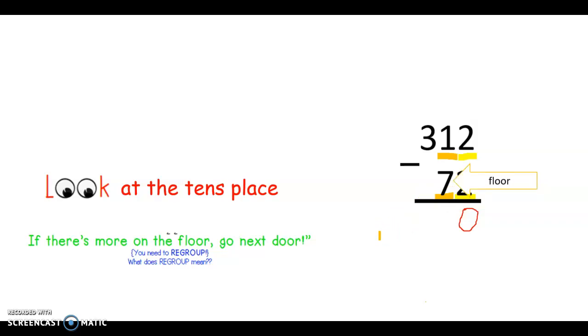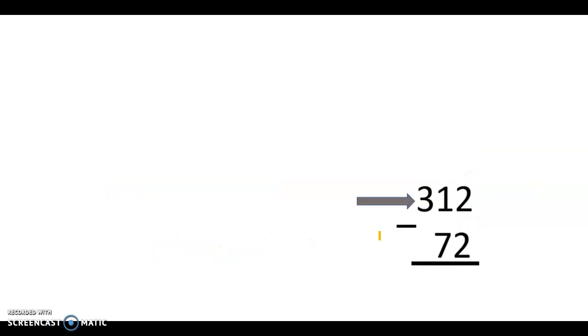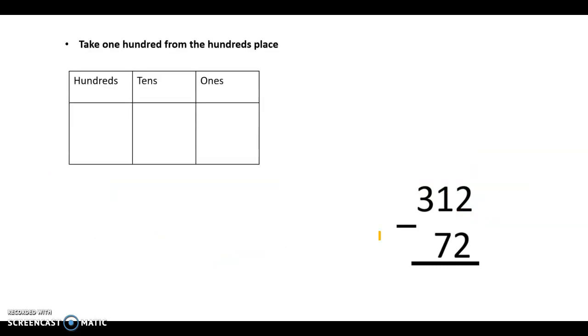So there's my 7 on the floor. Oh, it's much more than 1. So I have to go next door to the hundreds place so that we can borrow a 100. So here we are in our hundreds place. Going to model our number, we have 300. I have 1 10 and 2 ones. So right now this is our